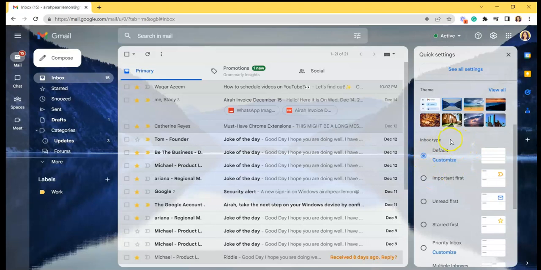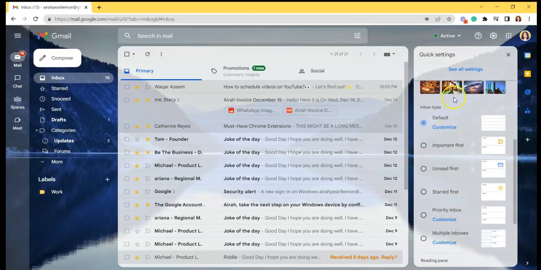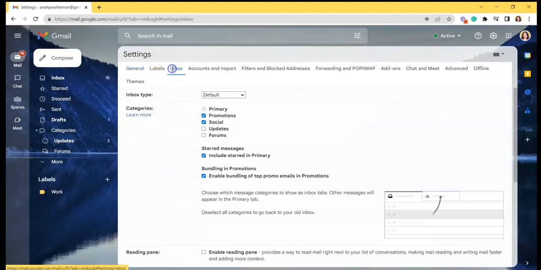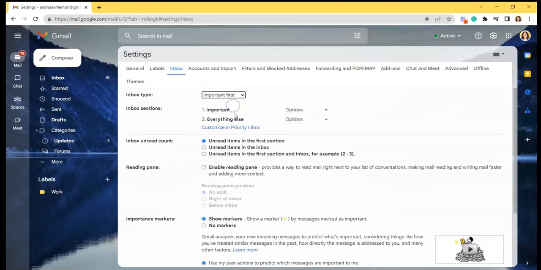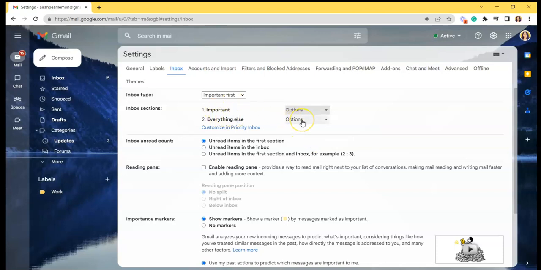You can also actually do it here in inbox type where you could click important first. But in order to customize that, let's go to see all settings and then click inbox. So you can see we have default as our inbox type. Let's change it to important first, and then you can choose how many items of the important emails that you want to see. Like for example, I want to see 10 items for my important emails on my desktop,